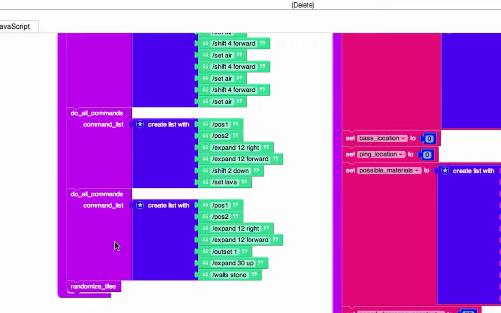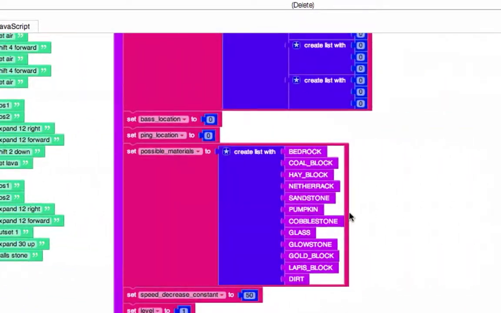So after the world edit commands, it calls this function randomize tiles. So let's go look at randomized tiles before we look at the